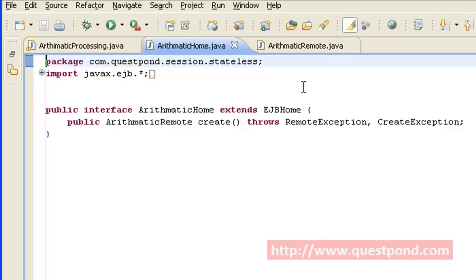EJBs are deployed in the EJB container, and since the EJB container follows a distributed system, one of the major features of any distributed system is naming, in which each bean has to be given a unique name.